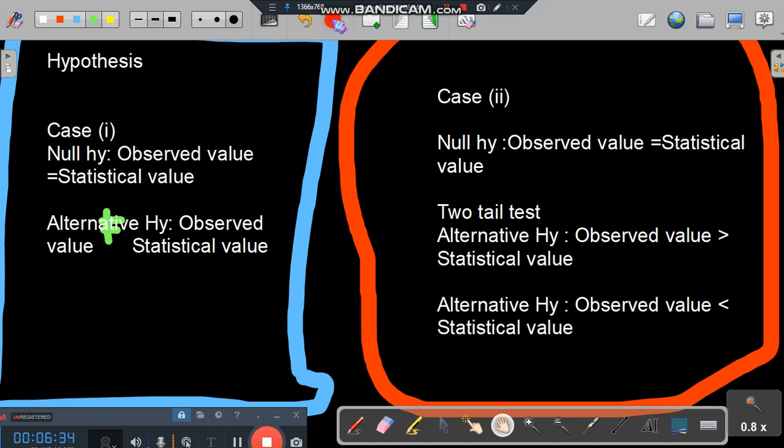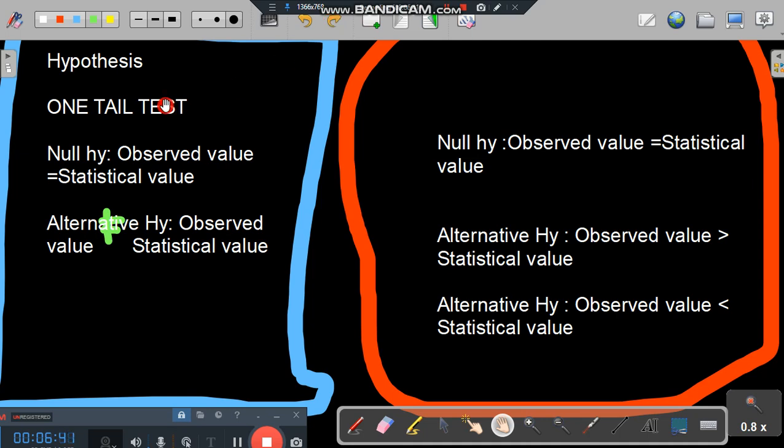So one-tail test: the null hypothesis is the observed value equals the statistical value, and in the alternative hypothesis we have this one,